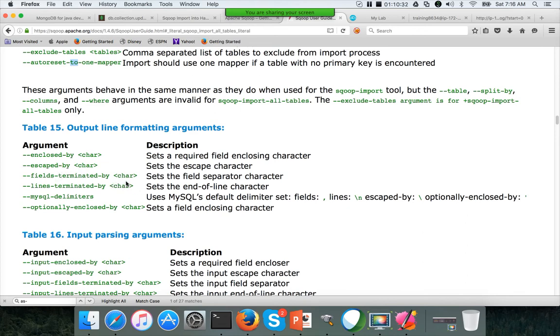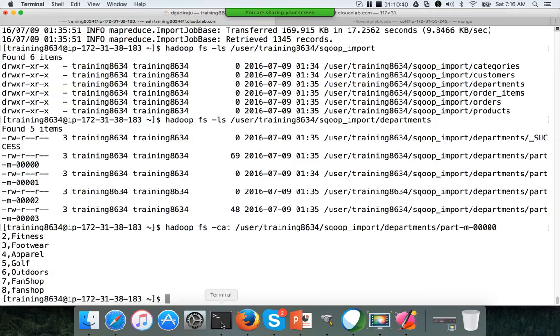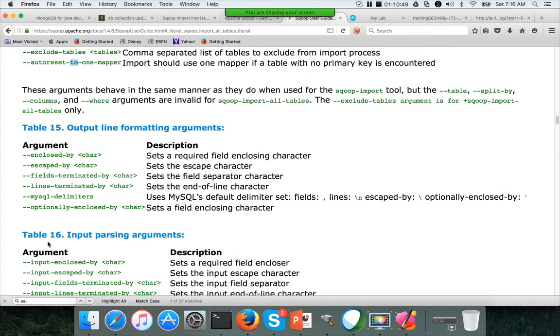And if you want to change the delimiter from comma to something else, and the record level delimiter from new line character to something else, so in this case comma is the field delimiter and new line character is the record level delimiter, you can use fields terminated by to change the delimiter for each field, and lines terminated by to change the delimiter for each line.